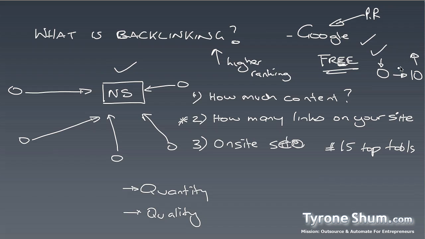Now, an example is somebody like Facebook, which is, I think, currently sitting at about PageRank 9. And that means that they're very, very popular, and there's obviously a lot of people using it. And that's very much the reason why Facebook is pretty much well known. So the higher the PageRank, the better. And what we're going to be looking at is the higher the quality of the PageRank, the better it is for your site. This is just basically what basic backlinking is. Now I'm going to jump in and describe firstly what some quality backlinks are, so that you can see and understand the importance of it as well. Then I'll show you the strategy of how we're going to do this.